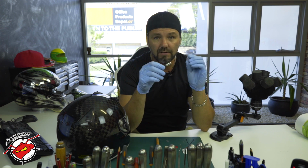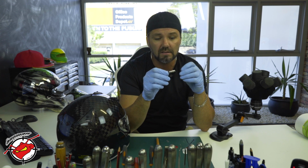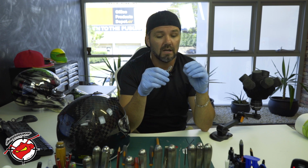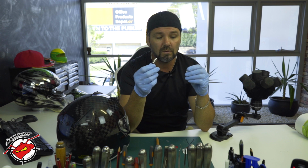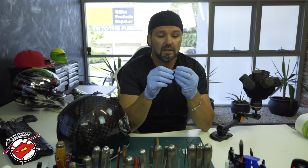So if you don't have this on, it'll want to slip around there because they're obviously metal. Some of them you'll get is like a hexagon shaped plastic. Some also may have a sheath on there, so you won't need to use this. All right, but in most cases, the latest model earpieces or intercoms will come just as a stainless steel, so you'll need to use this. All right, so put it on, slip it over the side,